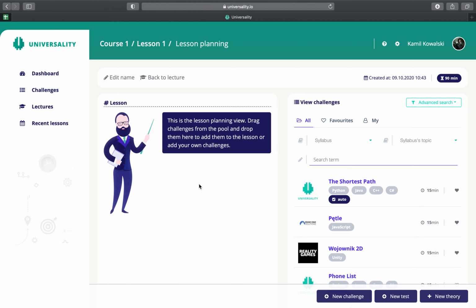On the left side, there is a lesson planning view where you have to drag challenges from the pool, which is on the right side of the page. And then when you drag it to the left side, just drop them there and they will be used already in the lesson. Of course, if you don't want to use our pool, which is really